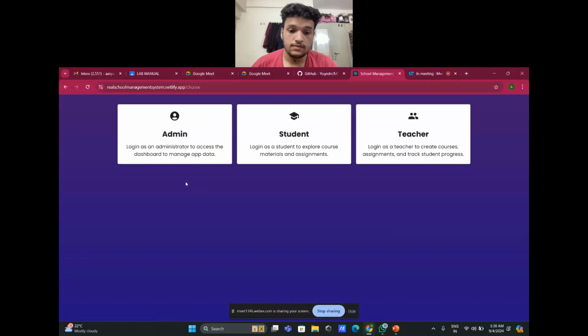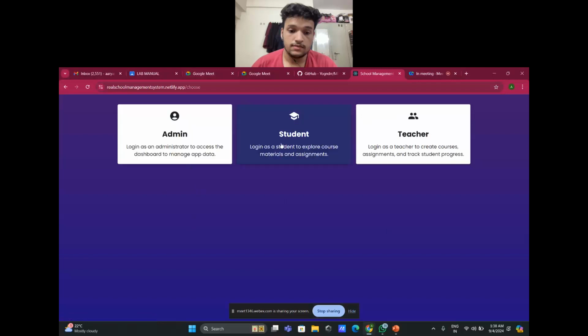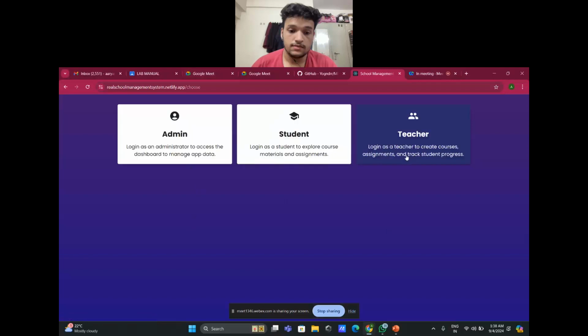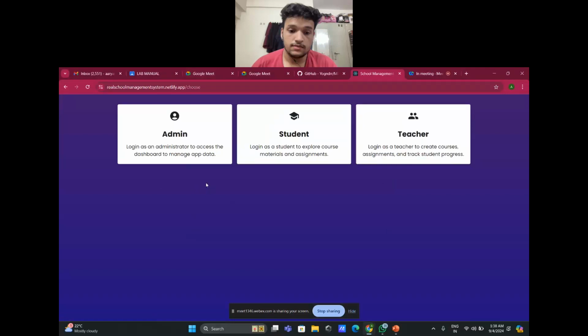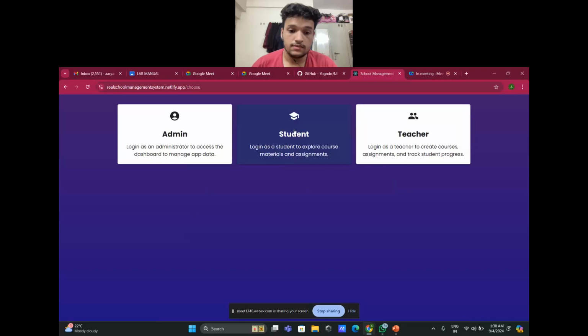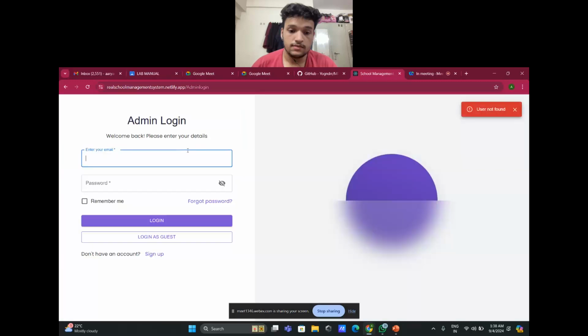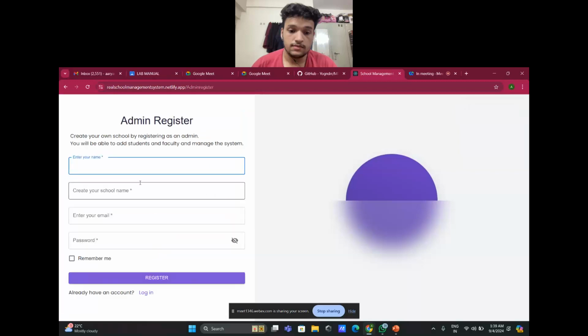Once you log in here, there are three sections. First is the admin section, student section, and the teacher section. First, we need to create the entries for different students and teachers so that they can get their access IDs to access the portals. So first I'll go to admin, and first I'll sign up here,